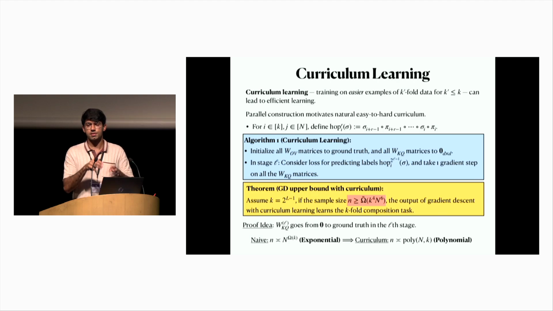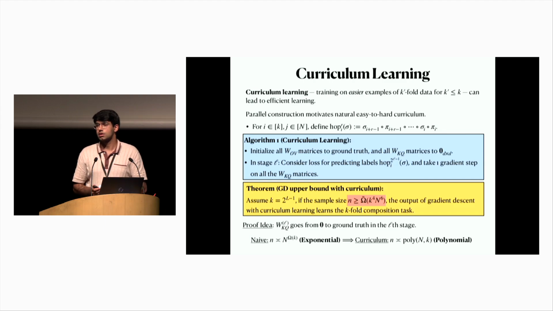In this specific setting, we don't have this problem of interference because in order to go from, say, 2 to the L minus 1 to 2 to the L, the only thing that needs to change is that the Lth layer needs to grow, whereas all the previous layers are doing the same computation regardless of whether you're computing the 2 to the L minus 1 hop or the 2 to the L hop. So curriculum learning is very natural for this problem, because if you were to throw away all the later layers of the transformer, this is exactly computing the simpler task that you want.